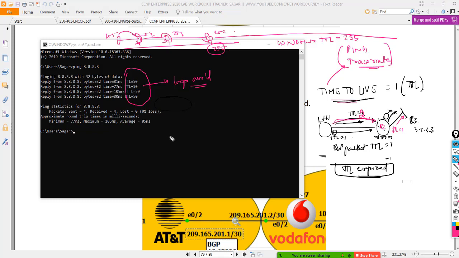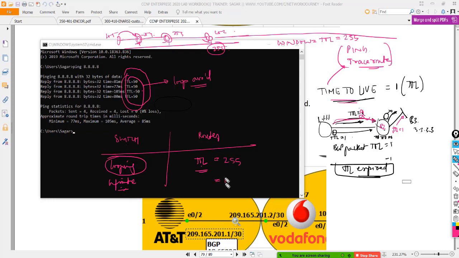Okay, a very important concept between a switch and a router. If a switch falls into looping, it's infinite looping. That means if they go into a looping stage, they will not come out of it until we manually interfere, remove the cable, or shut down the device. They are going to be infinite looping. Whereas in the case of a router, the packets have TTL values. The maximum TTL value can be 255 and the lowest TTL value could be 1.